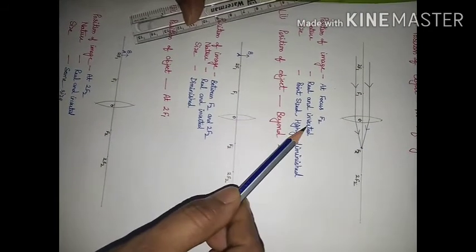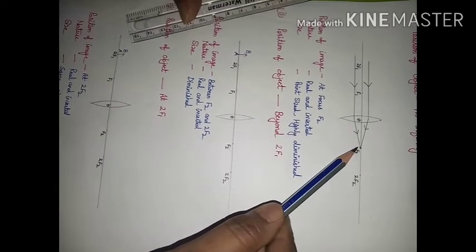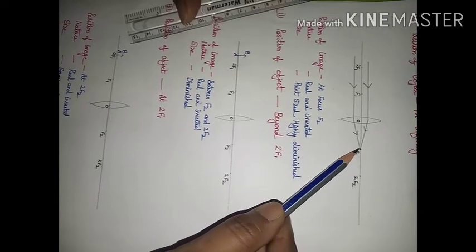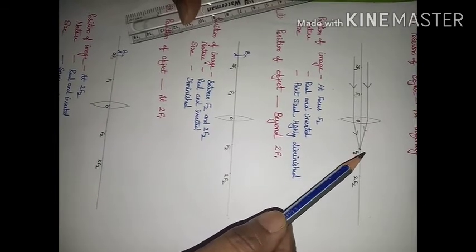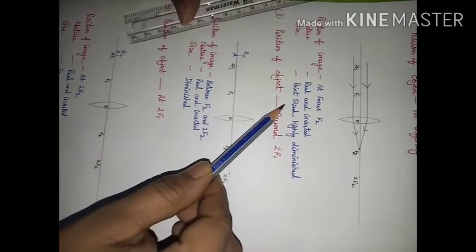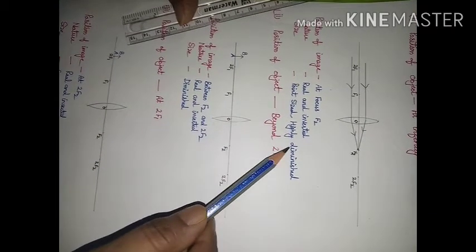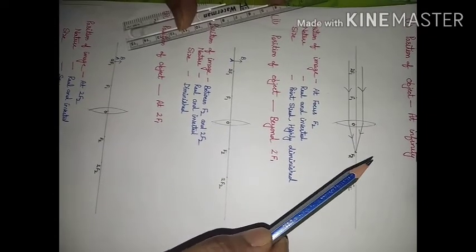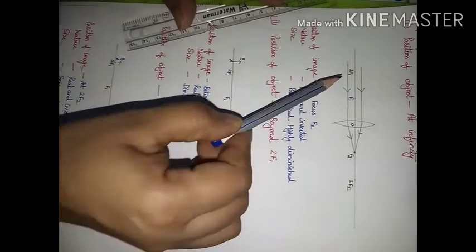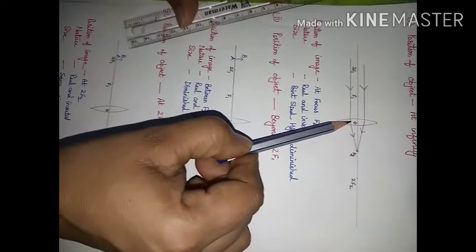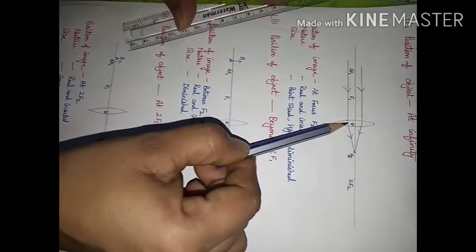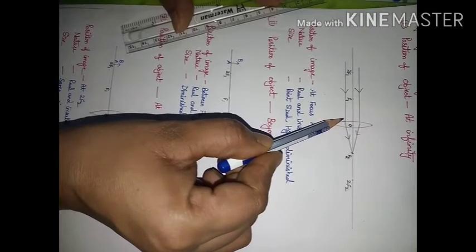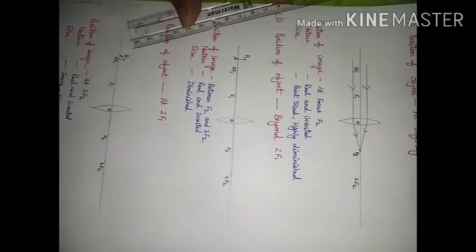Nature is real and inverted. If you keep a screen, you will be able to get the image on the screen. As I have already told you, we can have the image of the sun on paper or on a leaf or on a wall. Size will be very small, that is point size, or you can say it is highly diminished. So in this case, what is the point that you have to keep in your mind? The arrow must be shown, and then the bending you will show near about the vertical axis. Few students are going to show bending here only, you will not show bending here. So you will keep these things in mind.